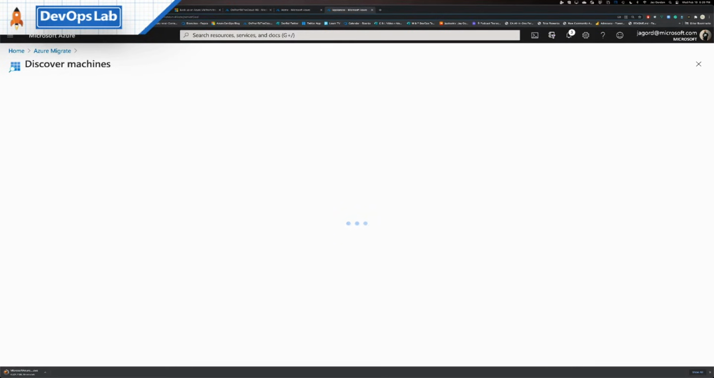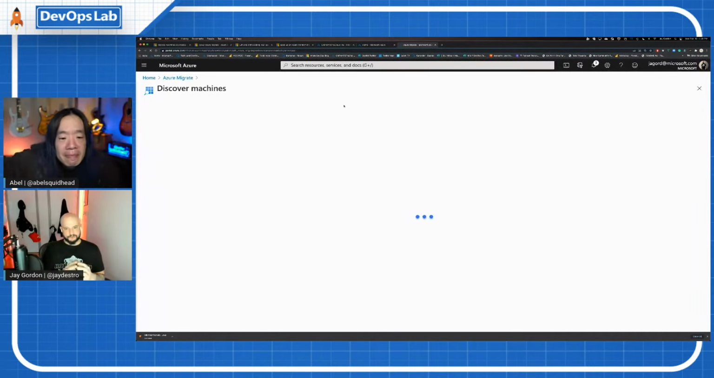So talk me through this, right? It'll go ahead and discover the machines. And once it discovers the machines, we've got that appliance running, or the agent that's running. And then it will just start. Does it first discover the database or discover the web app? How does that work? So what it does is it does a discovery of the physical hardware first, and it